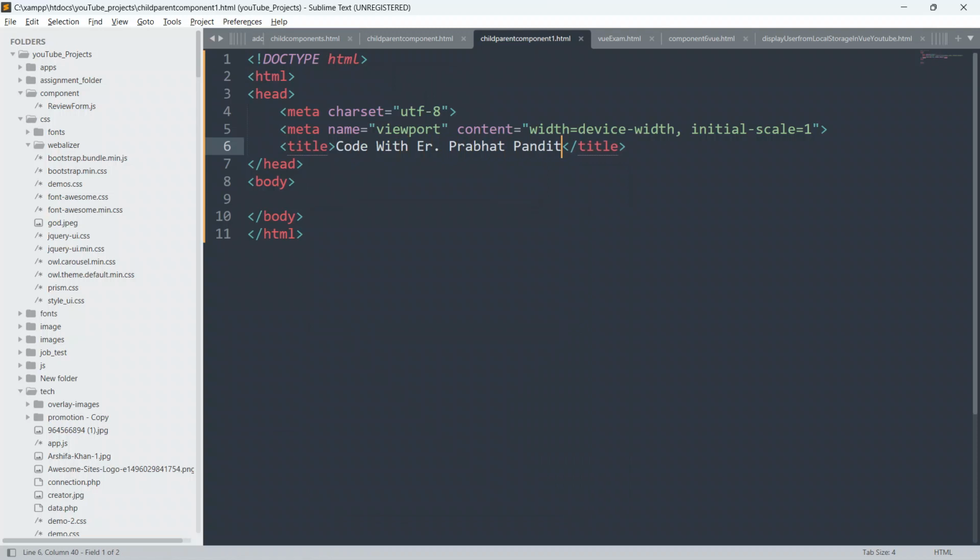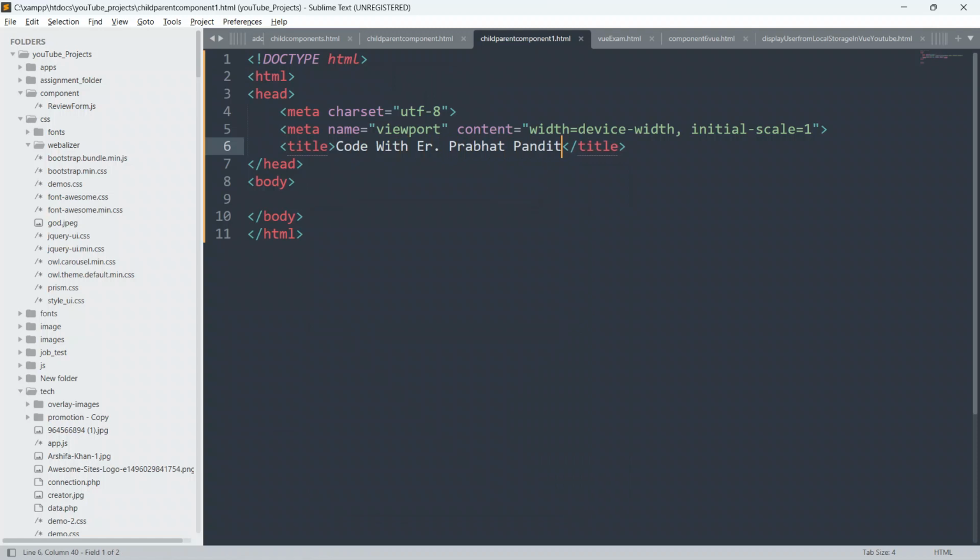Trust me guys, believe me, I promise you, this is a very important topic in Vue.js. If you want to become master in Vue.js, then you must know how a child component can communicate with their parent component. This is very crucial and very important to discuss.